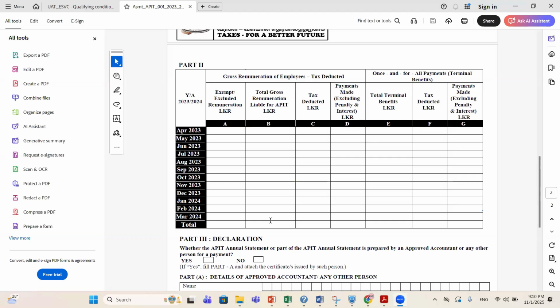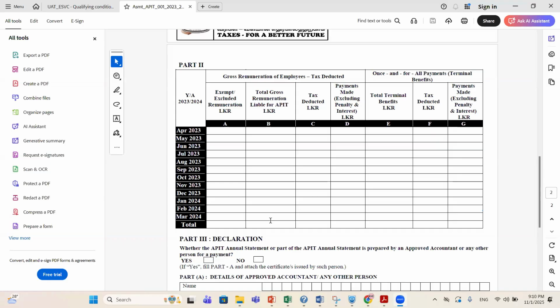Vehicle allowance and fuel allowance for public officer. You mean 50,000 is the vehicle allowance, no? And 120,000 per liter.